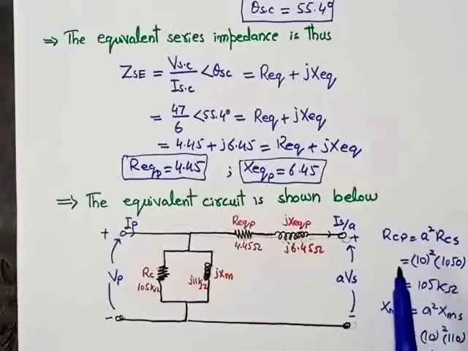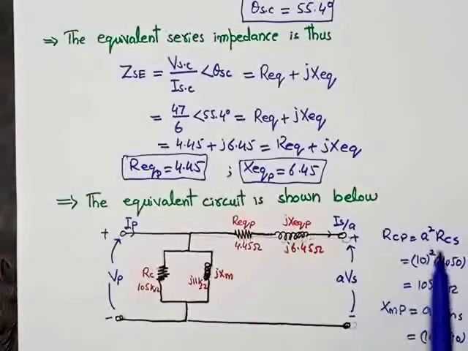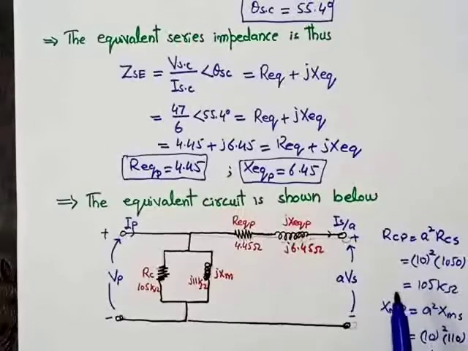As we know, RC primary will be equal to a square into RC secondary. As we have already calculated, the value of RC secondary is 1050 and the turn ratio, that is Vp over Vs, is equal to 10. So after multiplication we get the value of RC with respect to the primary side equal to 105 kilo ohm. Similarly,